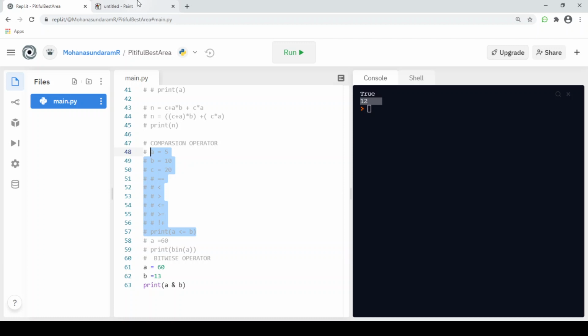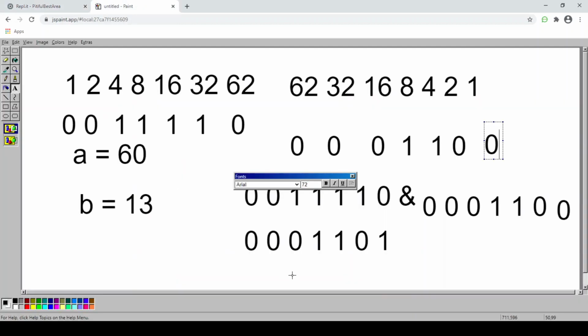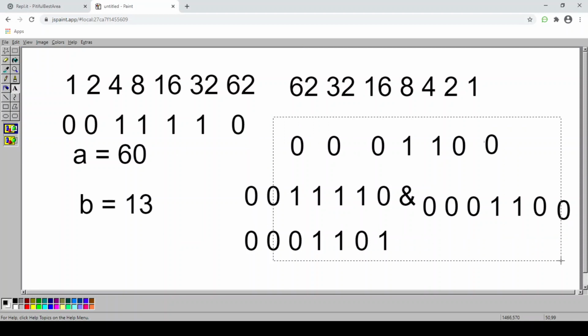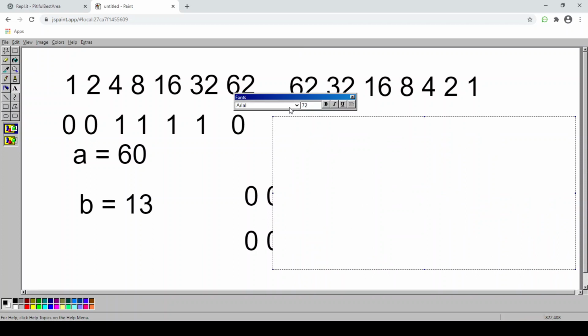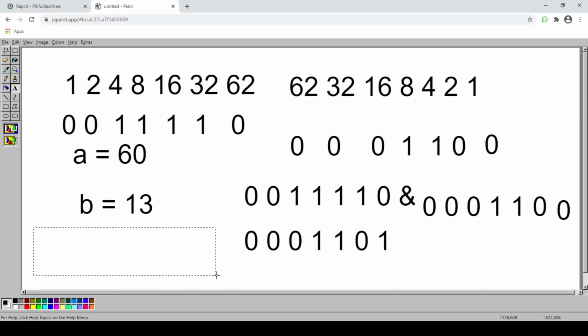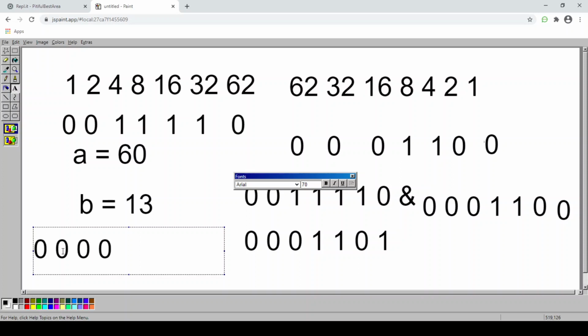The next type of bitwise operator will be OR. I'm going to clear these things. I'll reduce the font size. Okay. Next, the bitwise operator will be...